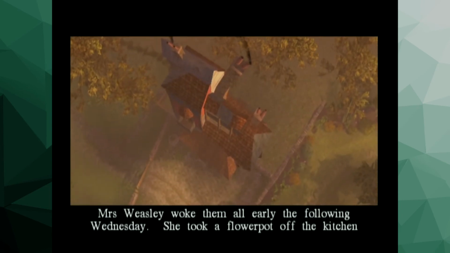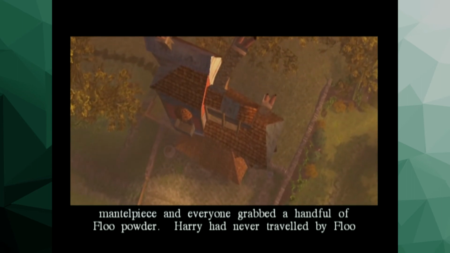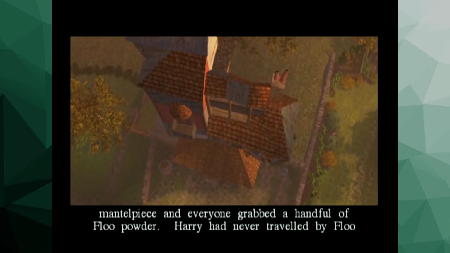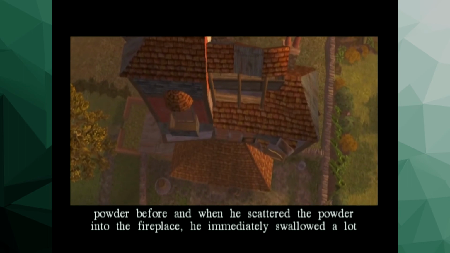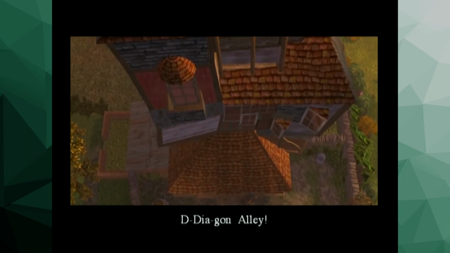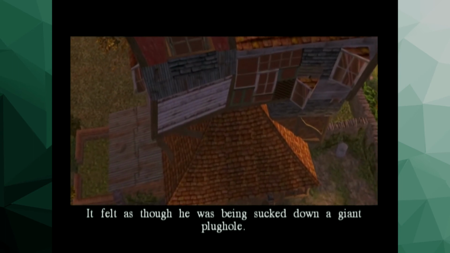She took a flower pot off the kitchen mantelpiece and everyone grabbed a handful of Floo powder. Floo powder. Harry had never travelled by Floo powder before, and when he scattered the powder into the fireplace, he immediately swallowed a lot of hot ash. Diagon Alley. It felt as though he was being sucked down a giant...